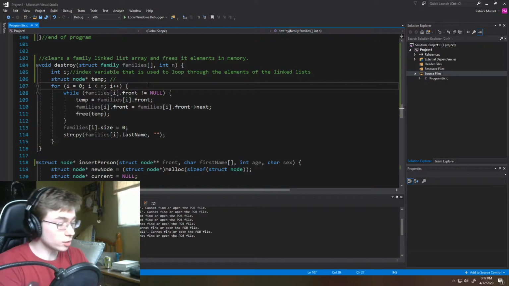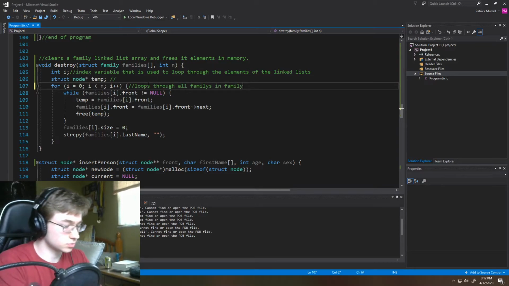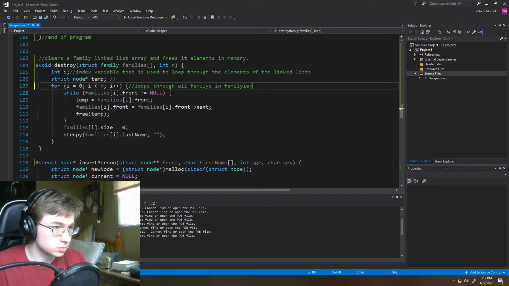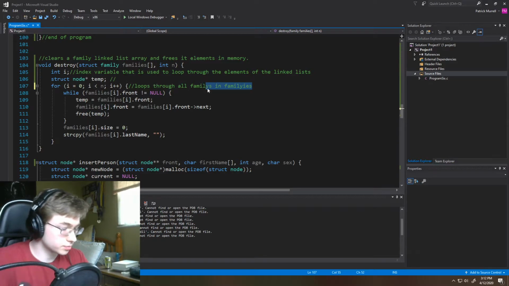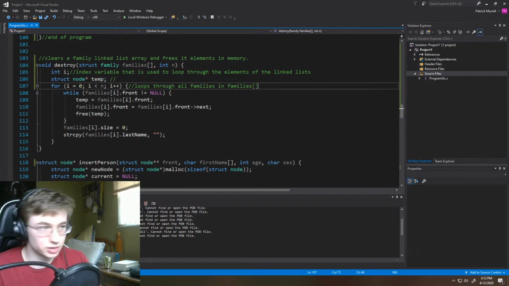So our outer loop loops through all families in families, so that's our array of linked lists,